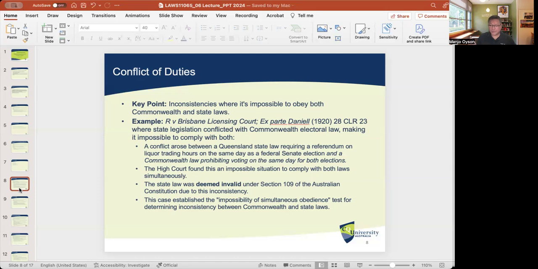Whereas in 1933, based on the Engineers case, the approach of the High Court was to consider more broadly the power or the ability of the Commonwealth Parliament to pass laws, so that the doctrine became what is known as expansionary. For as long as, under the Engineers case, the Commonwealth Parliament could show that there is a head of power over which it can pass a law, it practically meant that on the basis of that law, for example, in relation to industrial relations, it can then go into